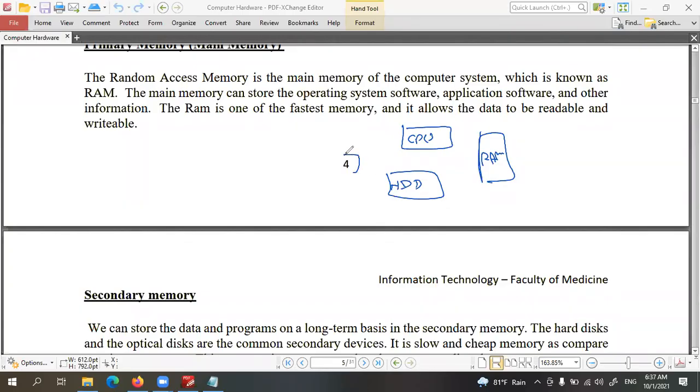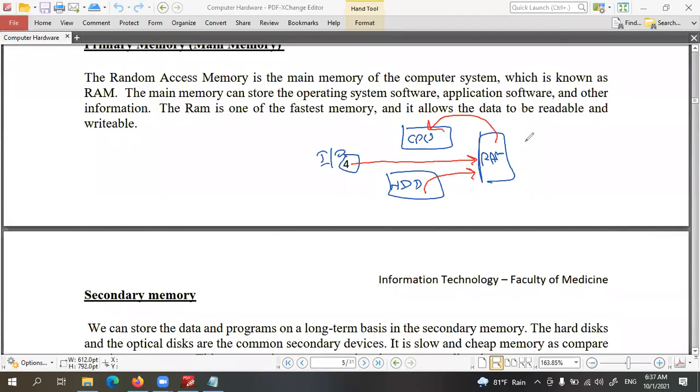And again, we have input-output devices. All the data generated from input devices will be sent to RAM, and data stored in the hard disk, the secondary storage, will also be sent to RAM before processing. From the RAM, they will be sent to the CPU.